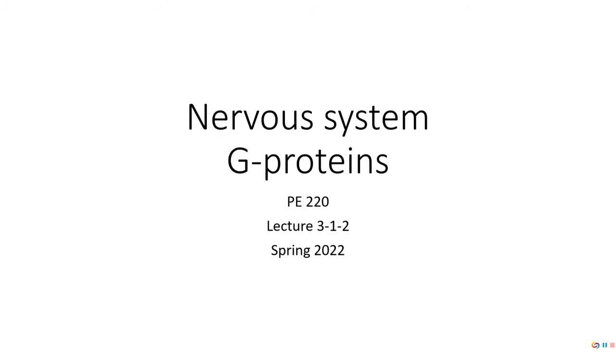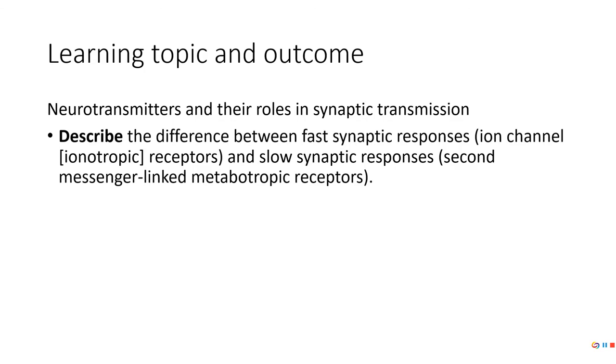In previous lectures, we have discussed fast-acting ion channels. However, there is another type of receptor that is more complex and, as a result, a little slower, and these are called G-protein coupled receptors. Now we only have one new outcome for this lecture, and it's really to discuss how these G-protein coupled receptors